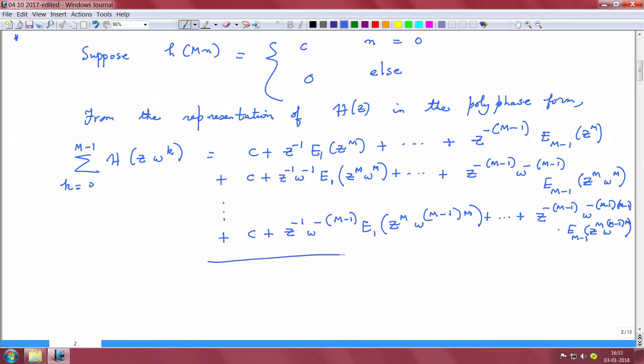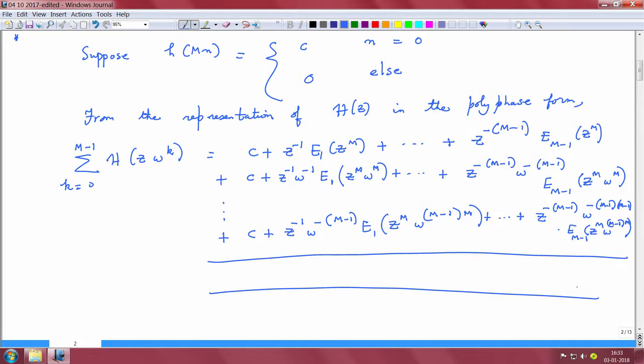Now, we add up all these quantities. So, this is going to be c added M times